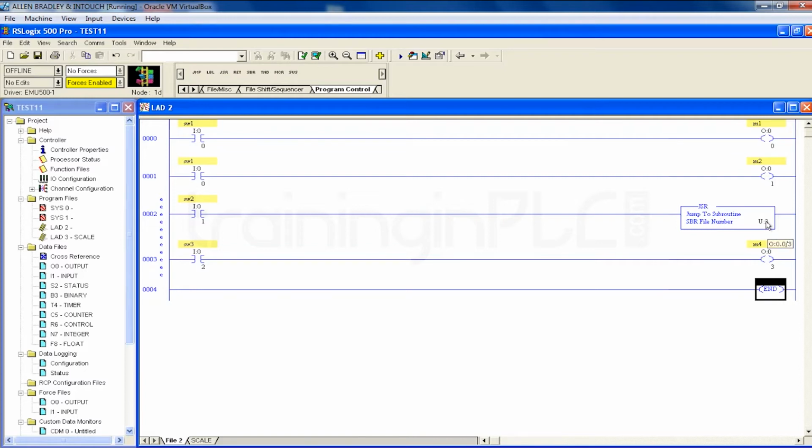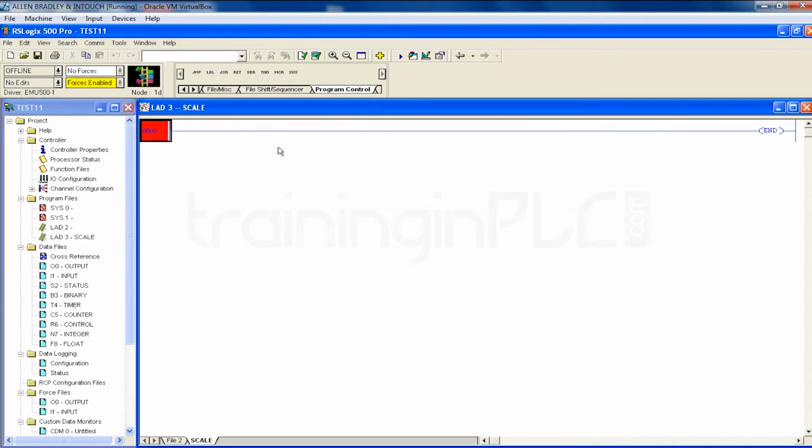Why I have given 3 here is that this is the third page, the LAD3. Suppose you are using one more sub page, that will be 4. If you want to jump to that page, you need to give U colon 4. Fine. So now you are using subroutine, it will jump to the new page, this page.